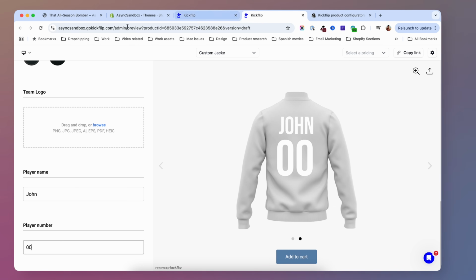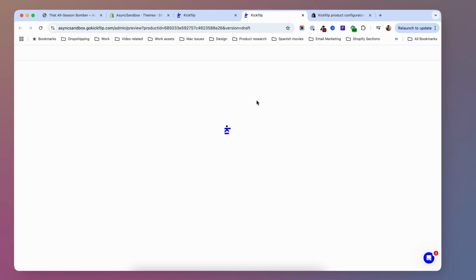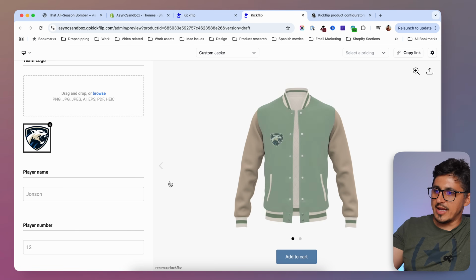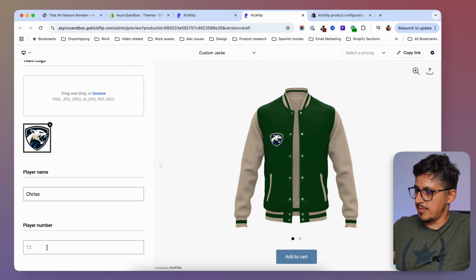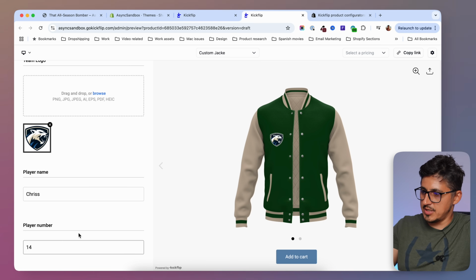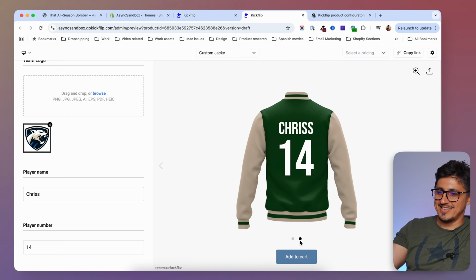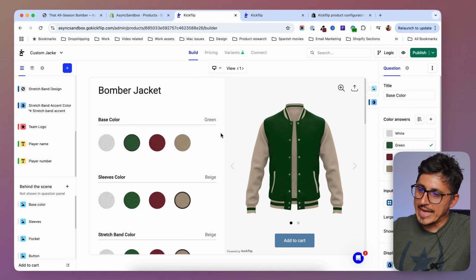And now if I refresh the page here, I will see that the product took all the default values that I gave it, and it actually looks awesome, right? So I have my logo in front. Now I can add here Chris, and my number should be 14, and this is my jacket. Look at that. Okay, we added a lot of customization to this product already,